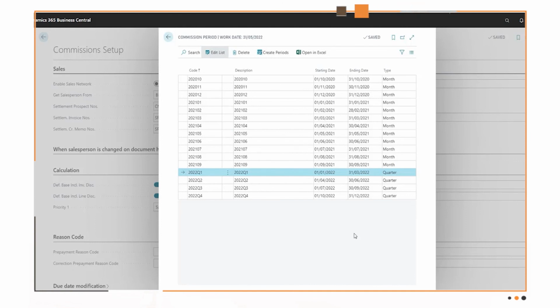Or they are used for settlement, and as we saw before, if you post a commission manually, you need to specify which period it will be considered in. So it's just a code that represents a fixed period, so you don't always need to input a filter date. And so,